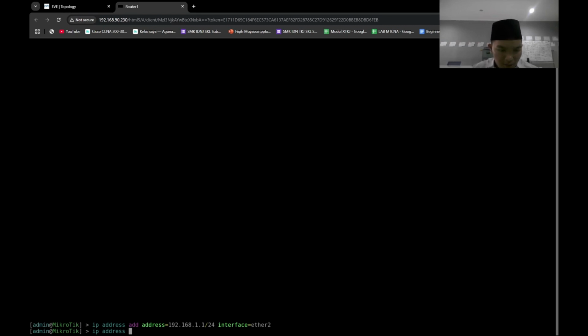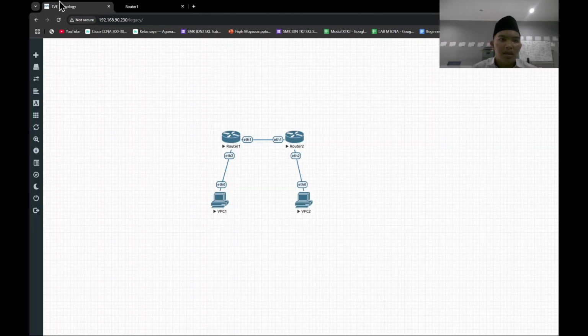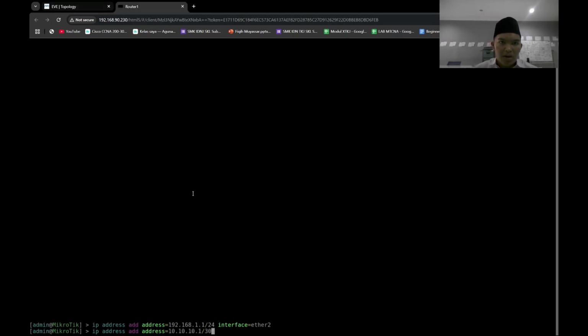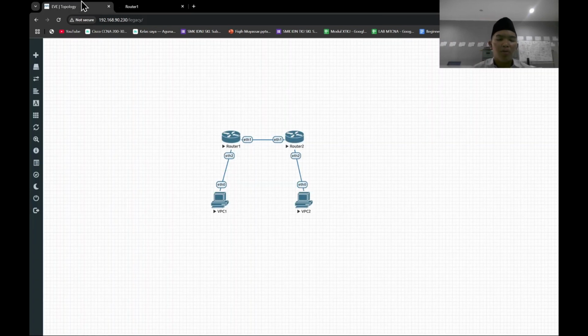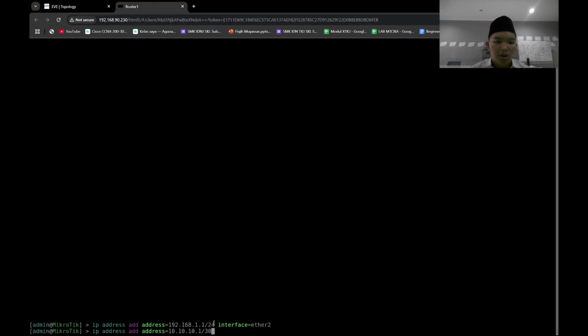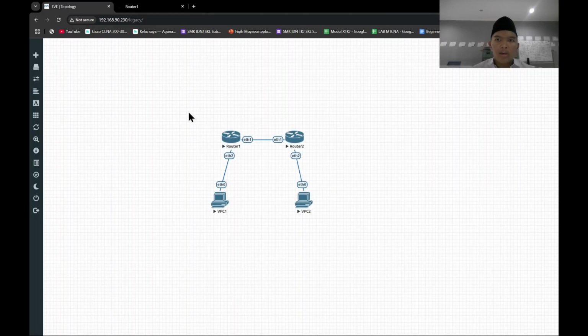Repeat like the last command: ip address add address, for example 10.10.10.1, and the prefix is 30, because in this network there are only two hosts that are gonna be used for communication between two devices, router 1 and router 2, so we don't need to input prefix 24 because there are only two routers.